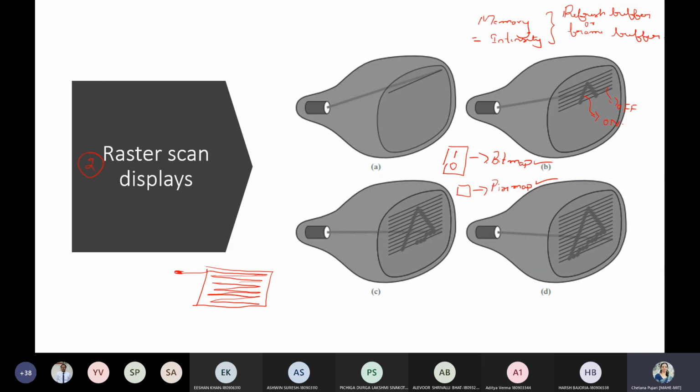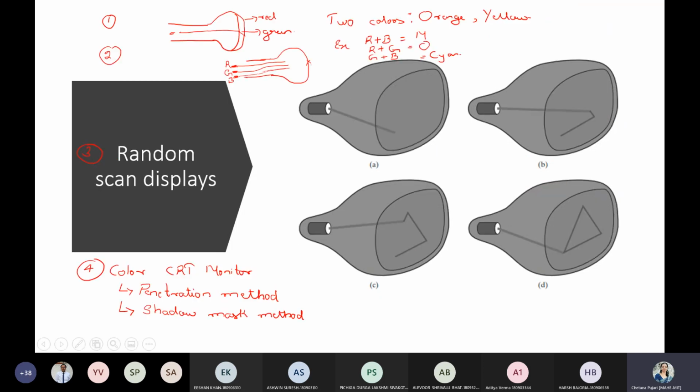So you fetch the details from there and display them on the screen. While displaying, you scan row by row from top to bottom, and wherever you have a picture, that particular pixel will have an intensity and it will glow, which means you are going to view an image at that instant. You can see in this example, we were trying to write an a. In this position the intensity is low, whereas wherever we have this highlighted part, the intensity is high. That's how we view an image.